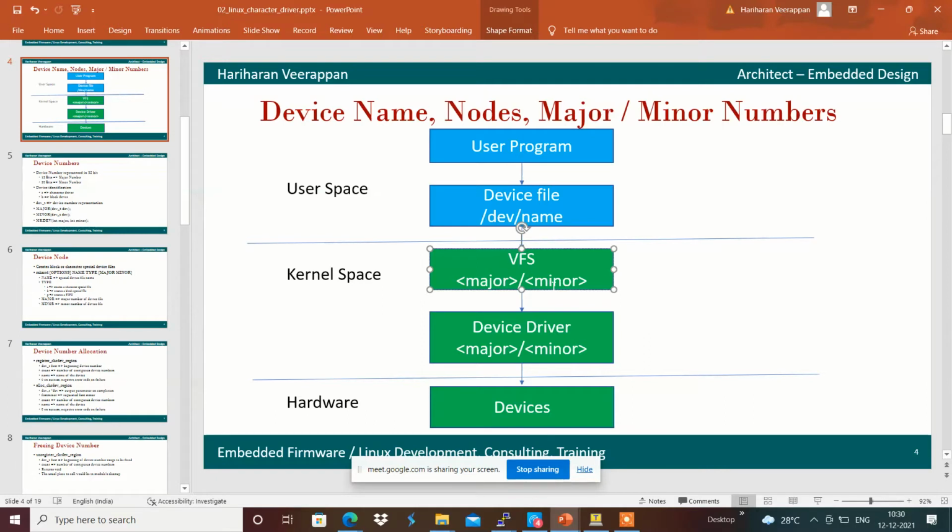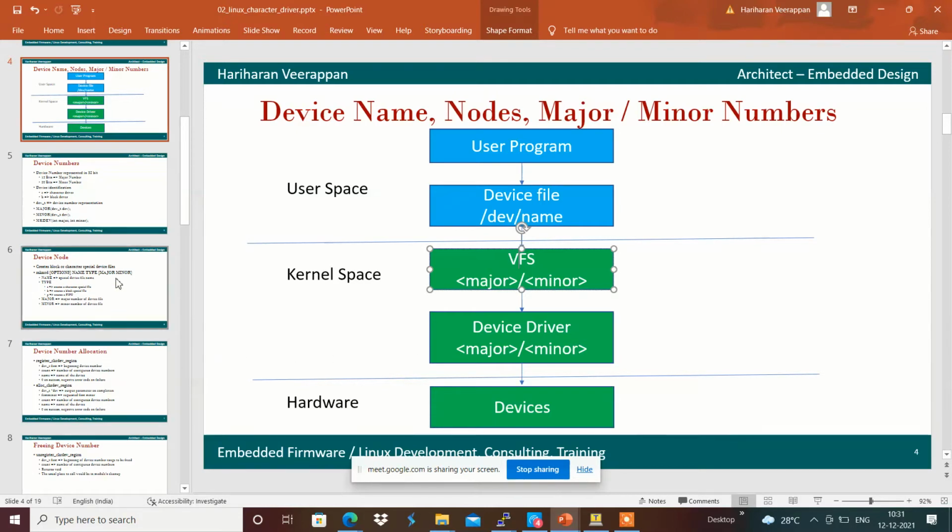From that, based on the type, it gets distributed to the respective one. For example, if it belongs to ext4, then it goes to the ext4 file system to access. And if it is a major and minor number linked with the driver file, it goes to check for the device driver in the kernel accordingly.